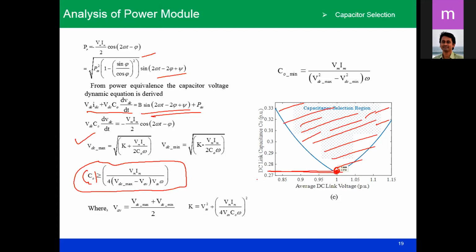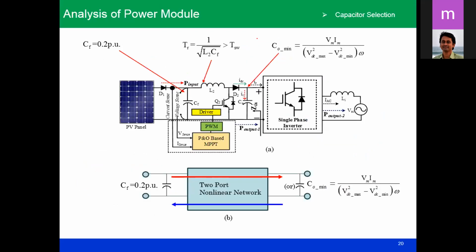Now you have the input capacitor CF here. Now the output side capacitor of the boost converter, you already know you can select from this equation, but these two capacitors should match each other. In the next slide I'll show you how this is important. From the discussion you understand that the CF value should be 0.2, and the resonant capacitor should match here as well, and the C minimum capacitor value from the analysis is the value you got.